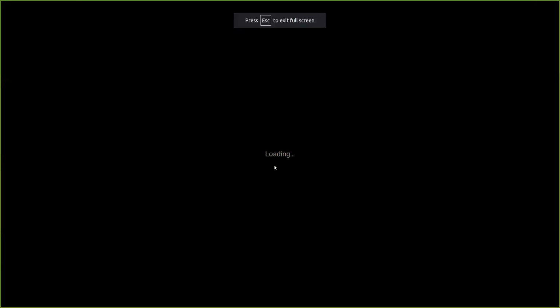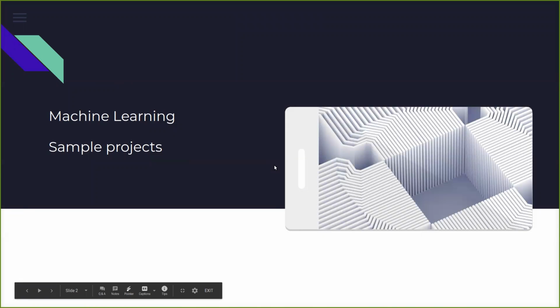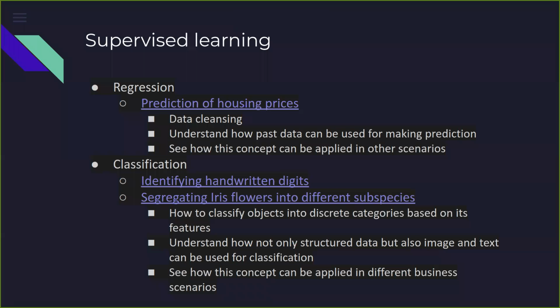So this is a sample of the things that we would be doing going forward in machine learning. Machine learning has different types of algorithms that we will be experimenting with. One class of algorithms is called supervised learning. In supervised learning, we have data and we have the output from the previous data. For example, if we are trying to predict the price of a house, then we will have the attributes of the house and the price at which it was sold in the past. And based on that, we will try to make the prediction for the house.